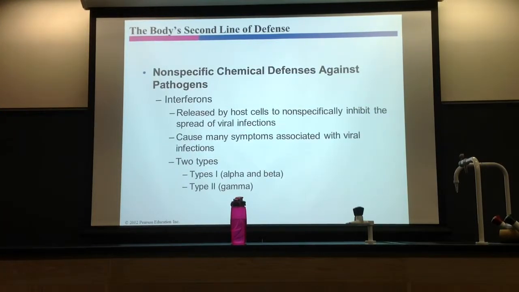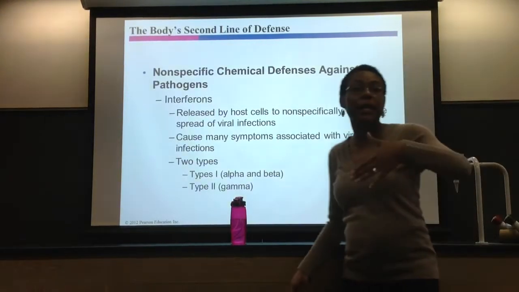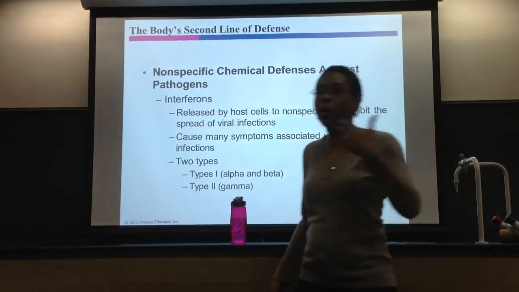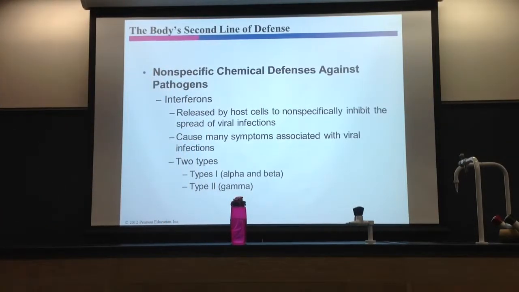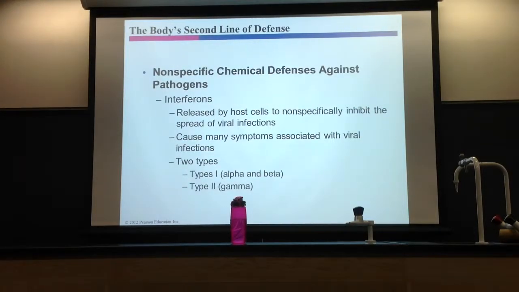Okay. Now, I didn't mention interferons. For example, the TLR system, they can also stimulate interferons. Now, what in the world are interferons? They interfere with something, right? Sure. Okay. All right. They basically interfere with viral replication. That's what they do. They're interferons.